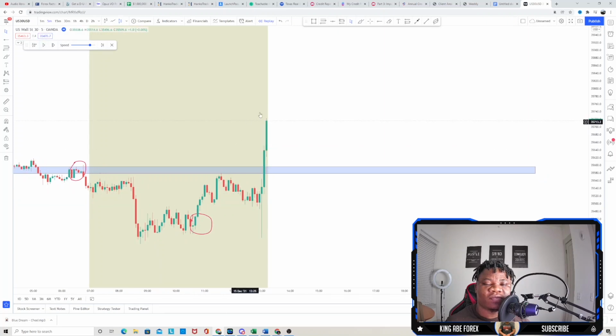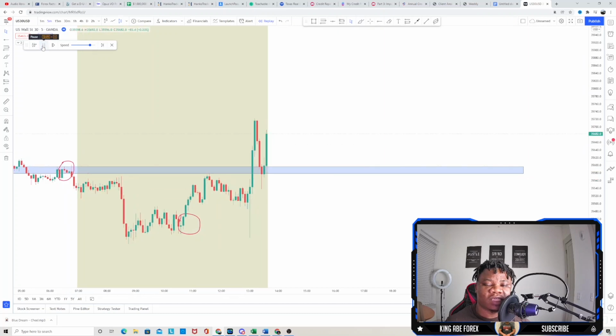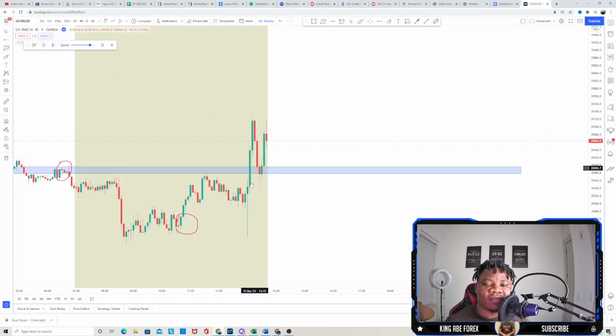So what we're waiting for here is we need to see a break and close. We can see the break and close here. Now we're waiting to see a pullback. That's what we're waiting for now. Now that we have this pullback here, as you guys can see, now I'm going to have my entry right